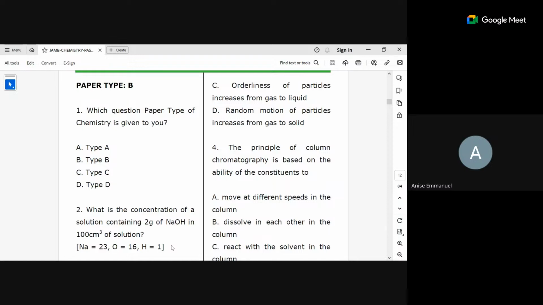Another point is you create a study schedule. How many of us have a study schedule? Imagine an SS3 student that does not have a study schedule. Till now, when you practice, you write, waiting for WAEC or JAMB. It's going to affect. If you have not been practicing, you still have time.